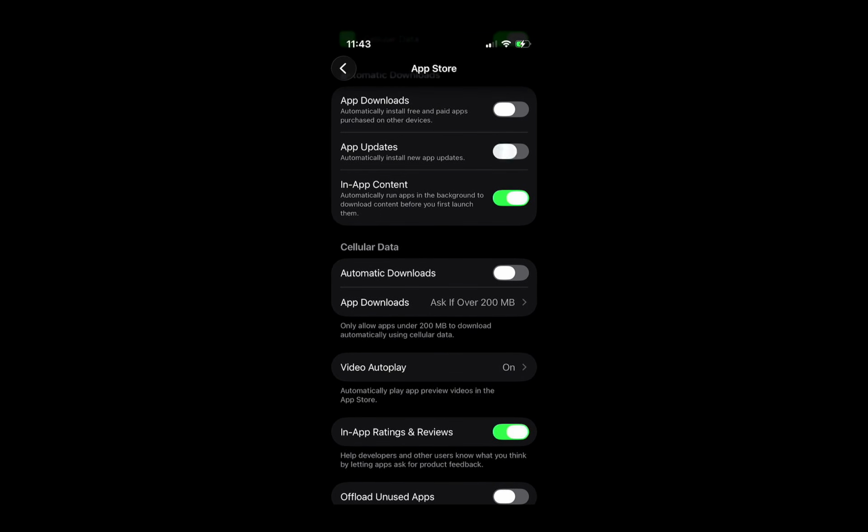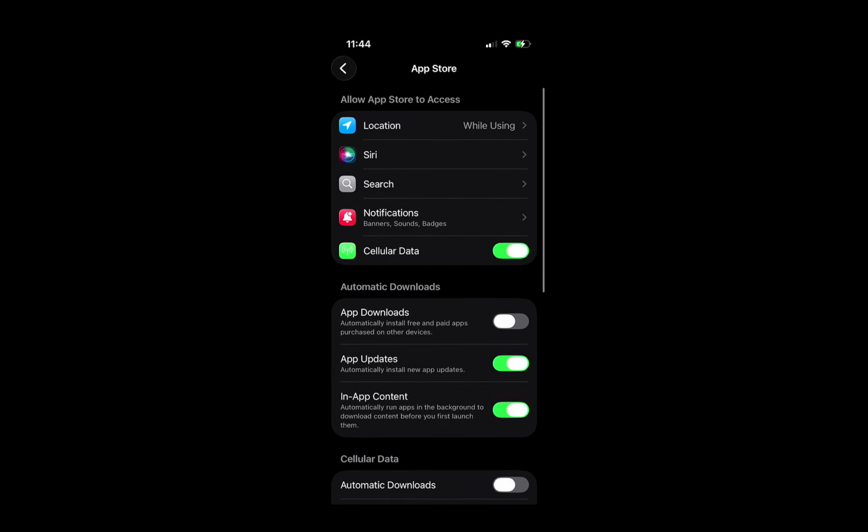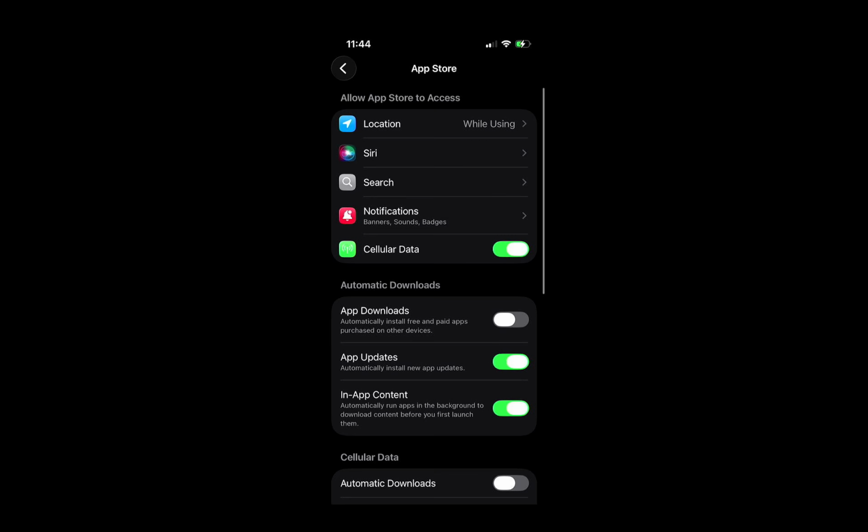After making these changes, your iPhone will be more selective about what it downloads automatically. Your other Apple devices won't trigger app installs on this iPhone, and you'll have better control over storage and data use overall. That's all you need to do. The process is quick, simple, and easy to reverse later if you ever decide you want automatic downloads turned back on.